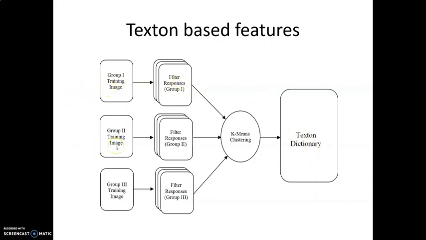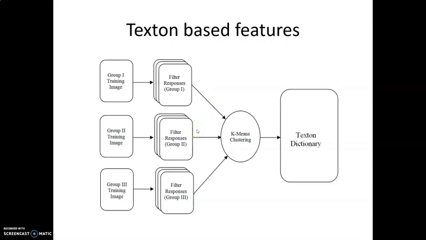Now let's say that we have a group 2 training image which corresponds to that of a dog. So we'll take each and every single training image of the dog, and then we will try to apply these 5 different filters on all of these training images that correspond to the dog. Then we'll take the group 3 images which correspond to the monkeys, and we'll filter all these training images with the different filters that we have. So this is where the filter outputs are.